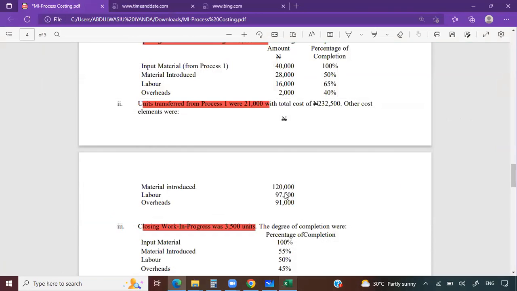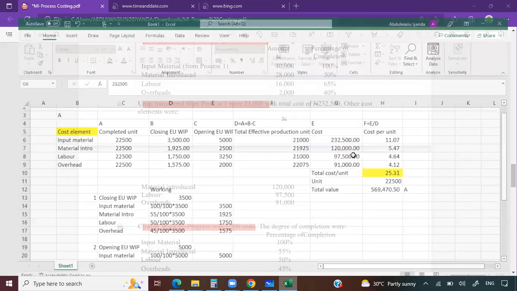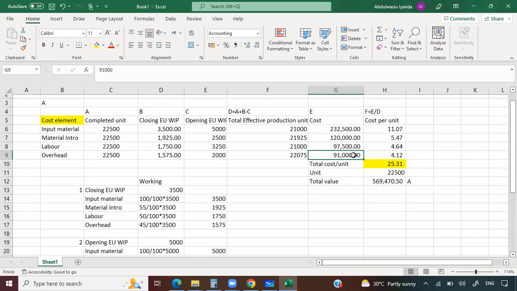The cost for the material introduced is also given, 120, 97,500, and we also have 91,000. Then what is now the cost per unit? We are going to say the cost divided by the effective unit. That is, column E, which is the cost, divided by the total effective units. It will give us the cost per unit for each of the products. So the total cost per unit for all the elements in this process is